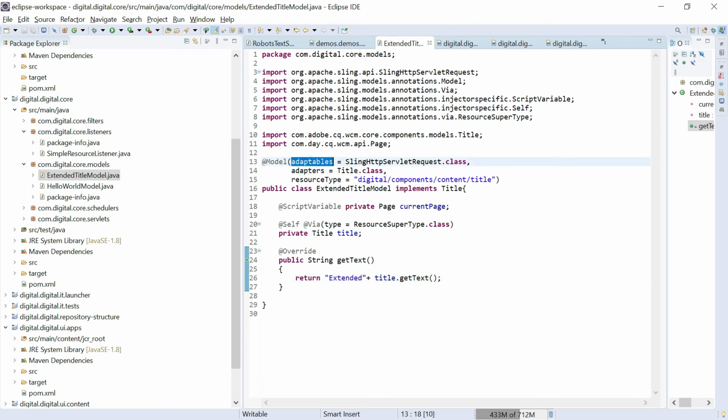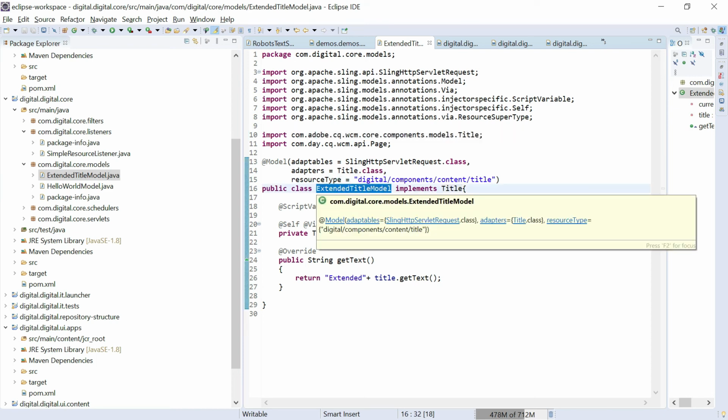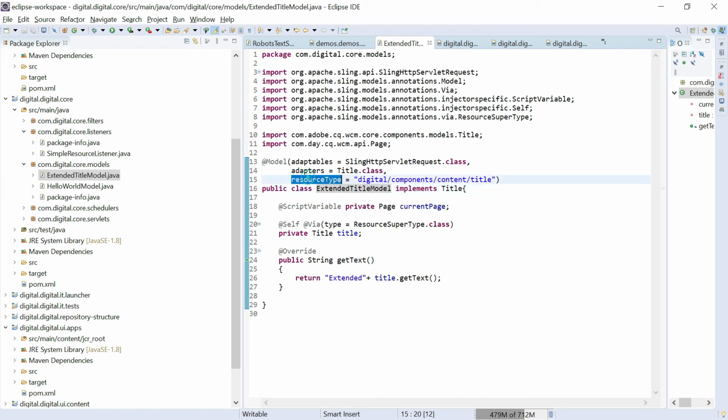So model adaptables, Sling HTTP servlet request, then adapters Title.class. This is important, Title.class. This Title.class is the interface. So now I'm creating my custom model, extended title model, but before that, the resource type, this is important, because I already explained based on the delegate pattern, the interface or the implementation will be selected based on the resource type,